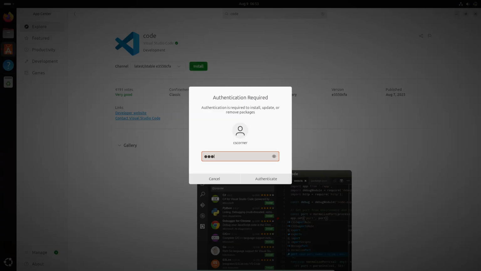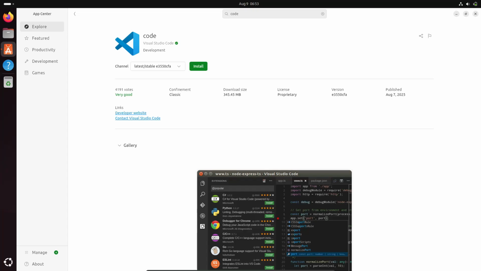So guys, it will ask you for a password, so enter the password and click on this button, and then you can see the installation has started. It will take a while. Okay guys, so you can see the installation is done, and here it's showing me the button for opening the